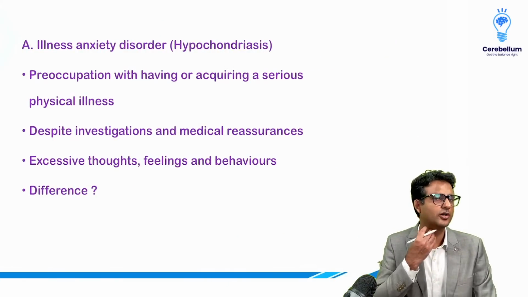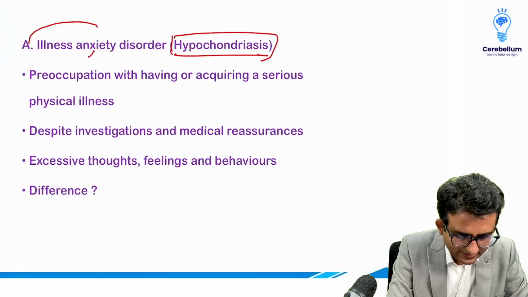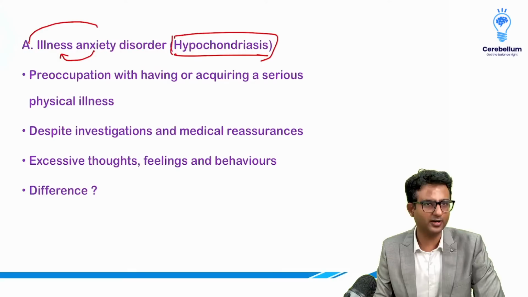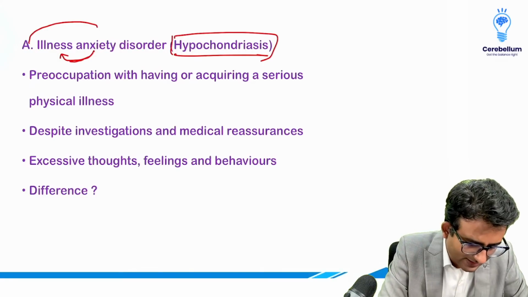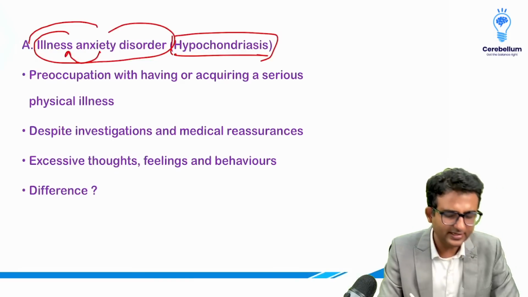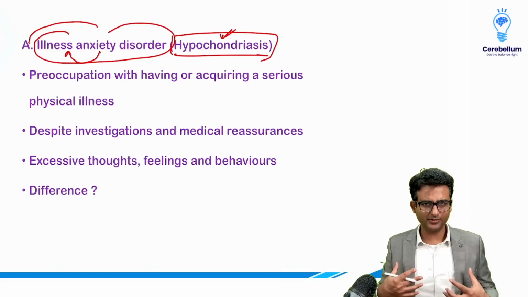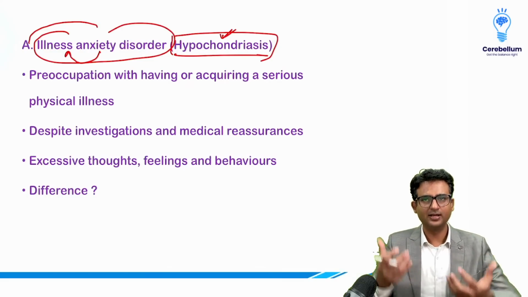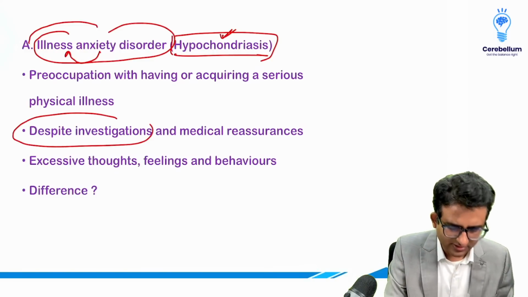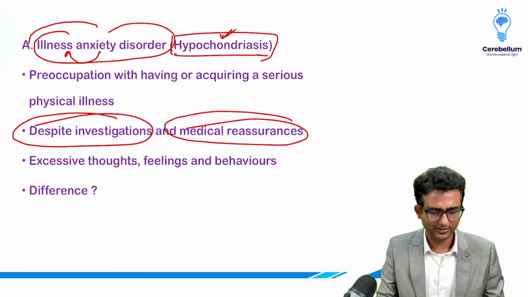Illness anxiety disorder और hypochondriasis. देखो नाम में ही है, anxiety about illness, illness anxiety disorder or hypochondriasis. The symptoms are in the name. Patient has anxiety about illness. In ICD we call it hypochondriasis. The patient believes, or the patient has a preoccupation that he has a serious illness. And despite investigations coming out to be normal, despite doctors telling him that he is fine, he keeps on going